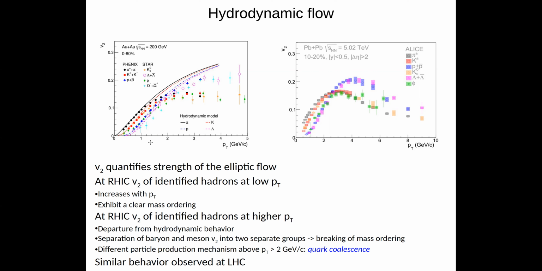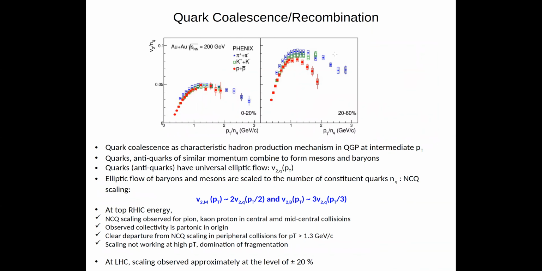So similar behavior is observed also at LHC. Here is the data for 200 GeV gold-gold collisions, and here is the data for 5.02 TeV lead-lead collisions. We will now take a closer look at V2 at intermediate PT. So this V2, when expressed as a function of PT or rapidity, is known as